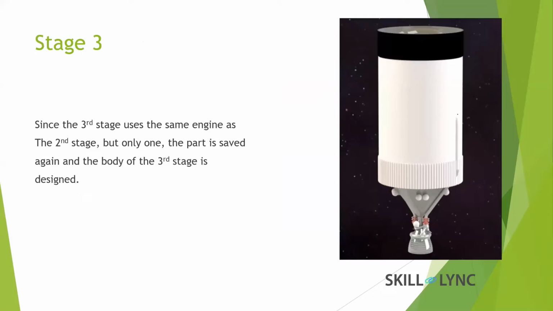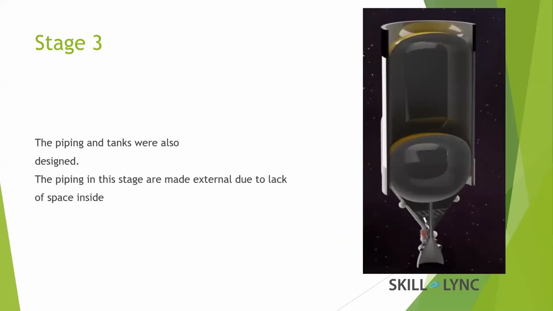Then we come to the actual third stage, which I forgot to show. As you can see, it has only one engine, and there are fuel pipes which go to the stages. The engine I derived from the second stage. I saved another file and I built upon that. In the same way as the last stage, this stage also has 2 tanks with a common bulkhead.